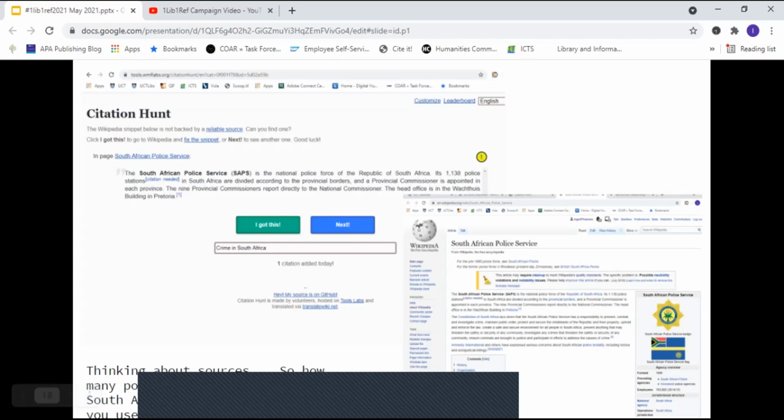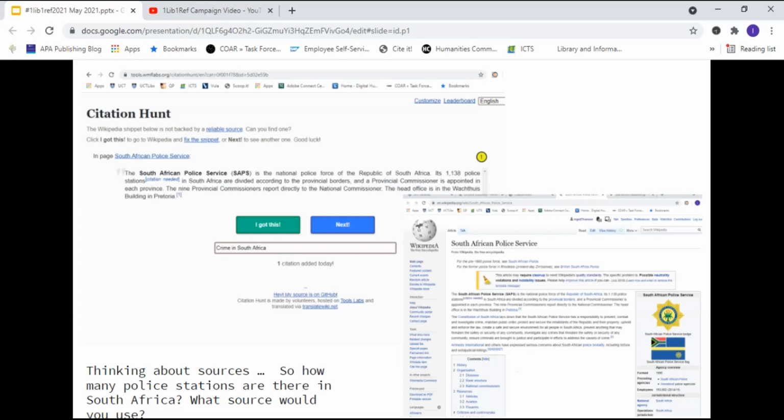I've just used this as an example. I took something from Citation Hunt. I looked at crime in South Africa, and there was a stat for police stations, citation needed. Okay, how difficult can this be? You would think that the SAPS website would list the number of police stations.